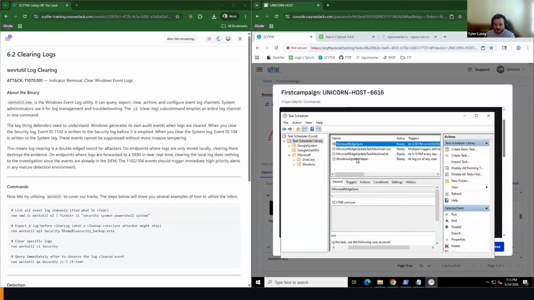We don't have descriptions on these, so that's maybe not a good detection, but something you can look out for that's odd or different. You can also add descriptions when you create them. Another great one too is the author, like you had pointed out. So here you could see that Scythe Unicorn is the author of it, but it could be that this